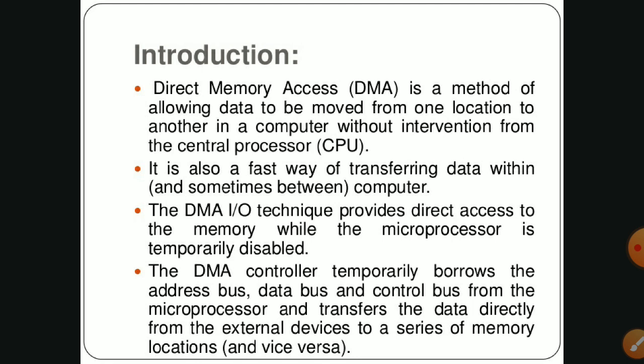In some cases, the DMA controller will also make possible a transfer from memory to memory. That type of transfer is called memory to memory transfer. Not only does it initiate an IO transfer, it also initiates a memory to memory transfer. You can transfer data from one memory device to another through this DMA controller. These are the advantages of the DMA controller.